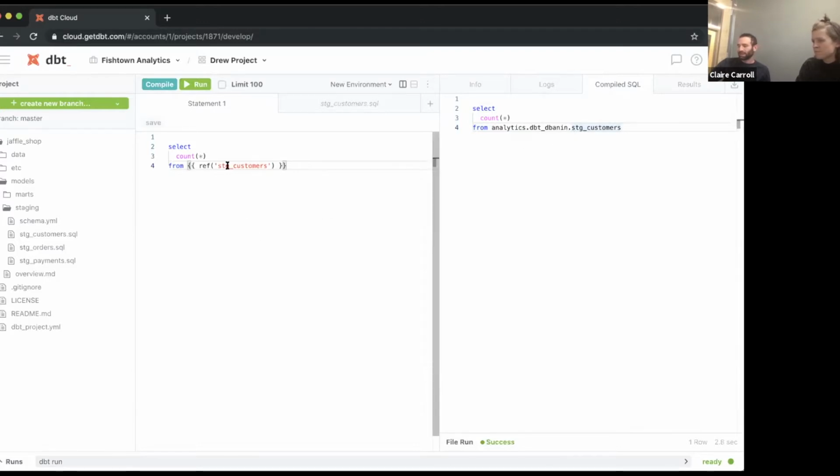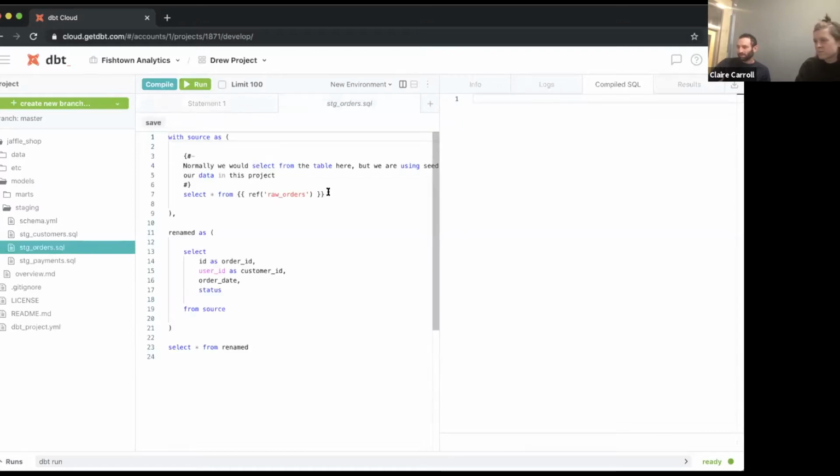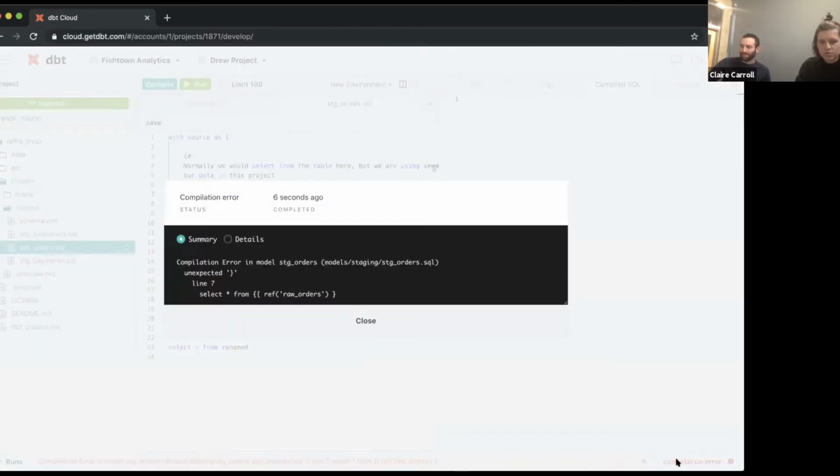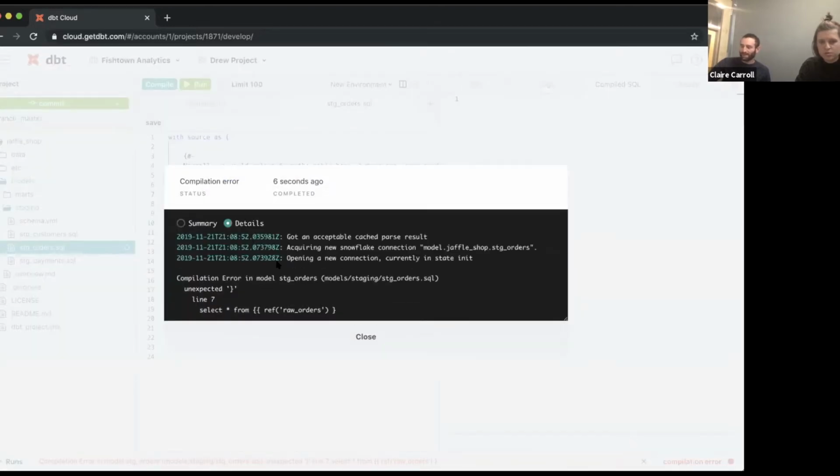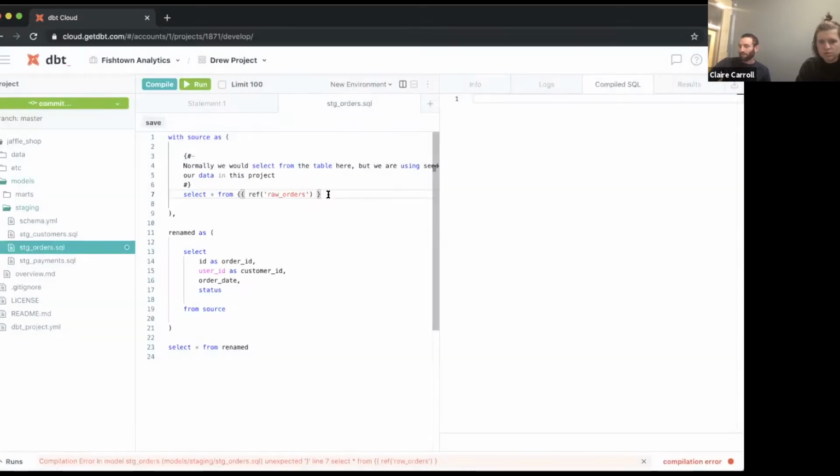So we touched on running ad hoc SQL. You can, of course, edit models. One of the cool things you can do here is I'm going to introduce a syntax error. This is a compilation problem. You can see the compilation error directly in this status bar. And in fact, if there were more details we wanted to see, we could pop in and check out exactly what happened. We can fix that issue, and just by saving, dbt is going to recompile the project in the